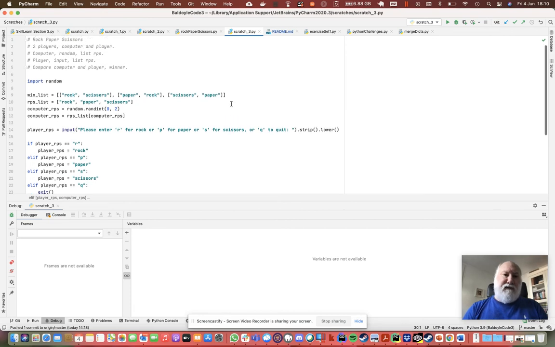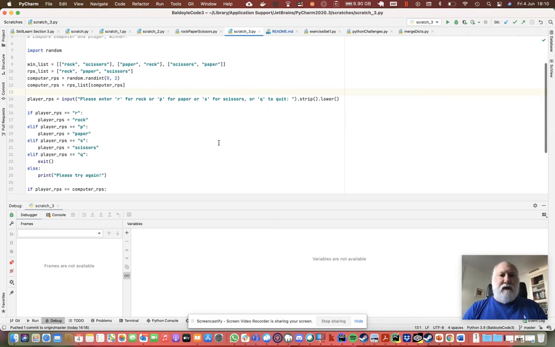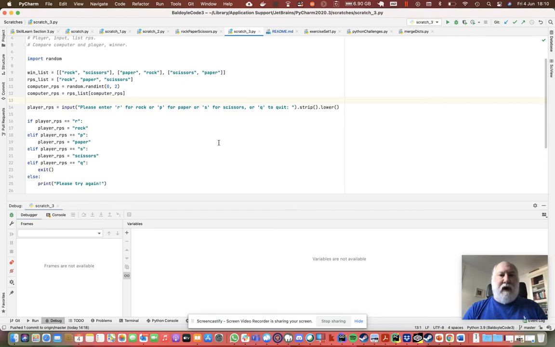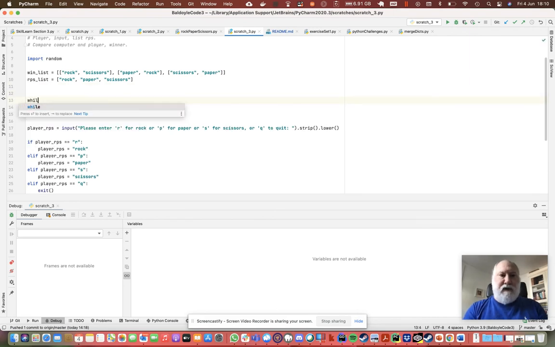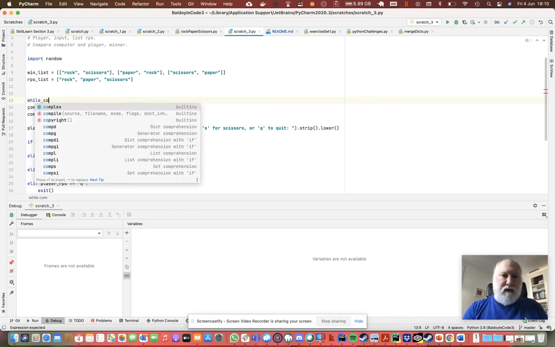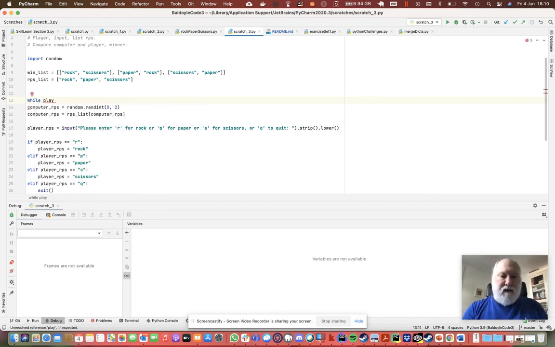However, we're not done. We want to add a few additional things to this. Well, first of all, we want to make sure that we keep on playing until we enter quit. So we want to have a while loop. What we do then is, I know that we need to enter the while loop here. So while player RPS not equal Q,